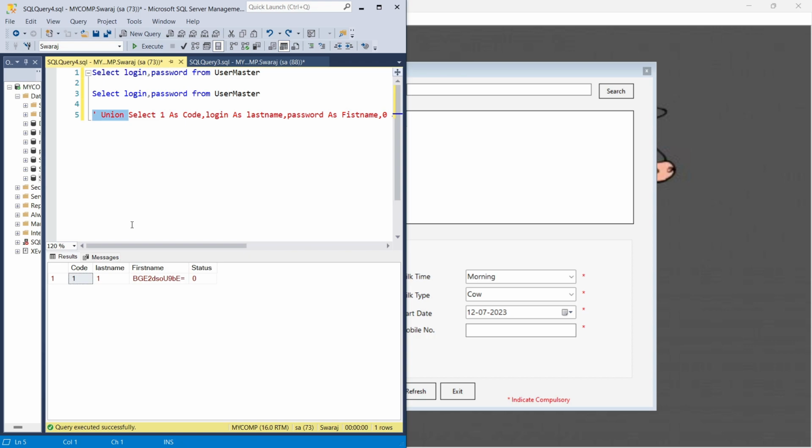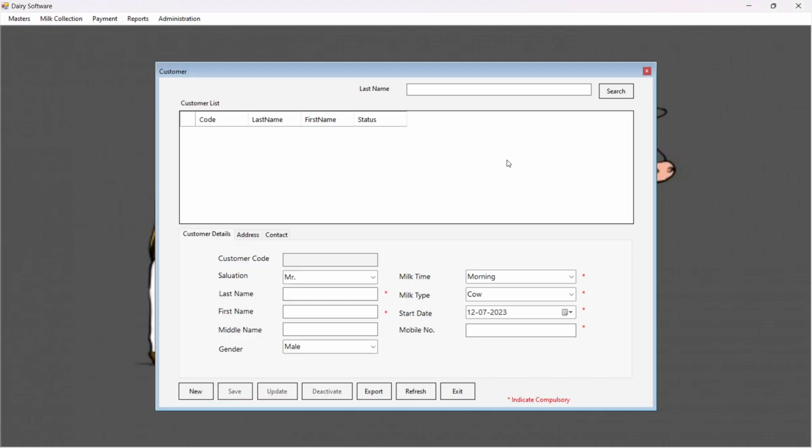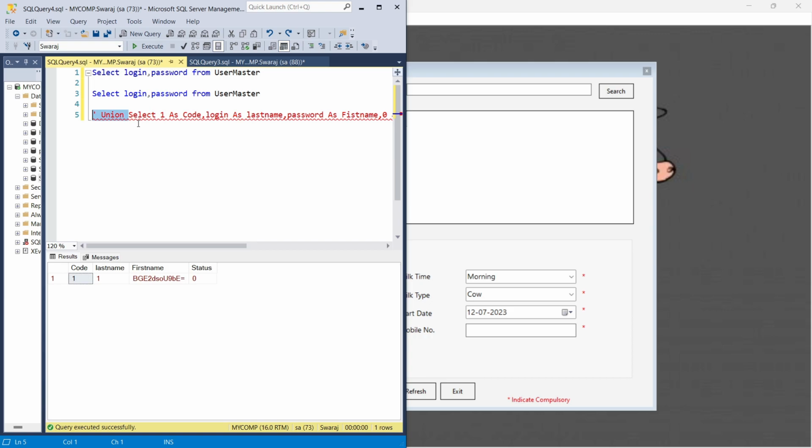Control Z. Yeah, there is a union. What it does is, whatever the previous result set is, suppose if you pass Patil, then you will get all the Patil names and results here. But right now I am concentrating on closing the existing result set with a union and appending that select result set. So execute this command from the application